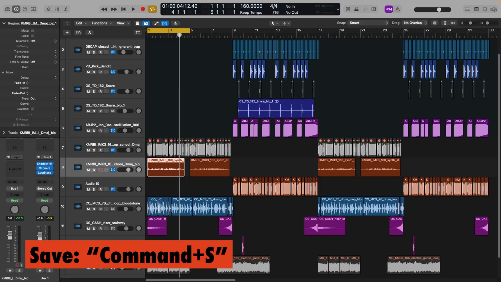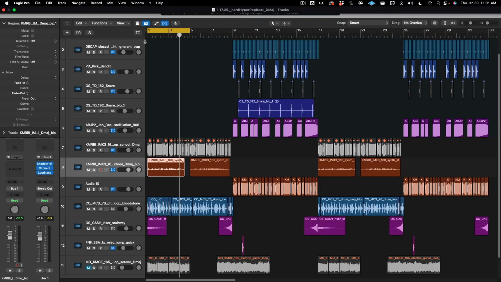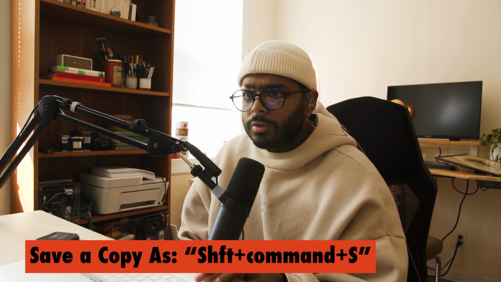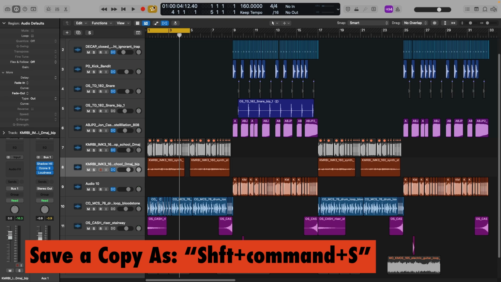Obviously, big one is Command S. That is to save your project file. If I'm in my project, I hit Command S, and that will save it, and you don't have to worry about it. Always use Command S as often and as frequently as you can. That will just save. And then also another one is Shift Command S, and that one you will be able